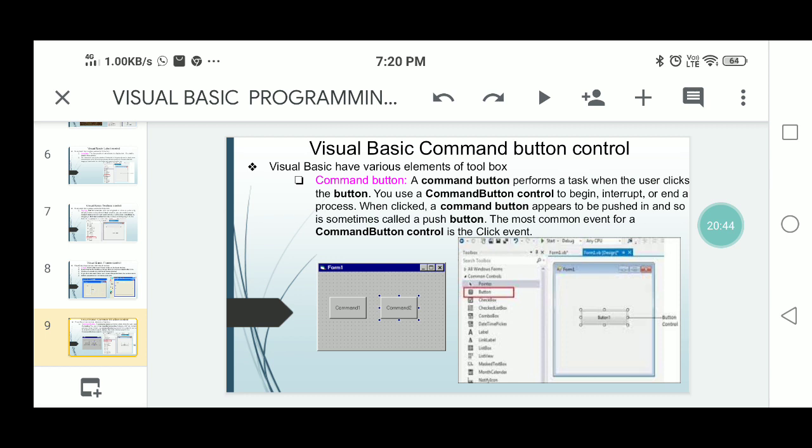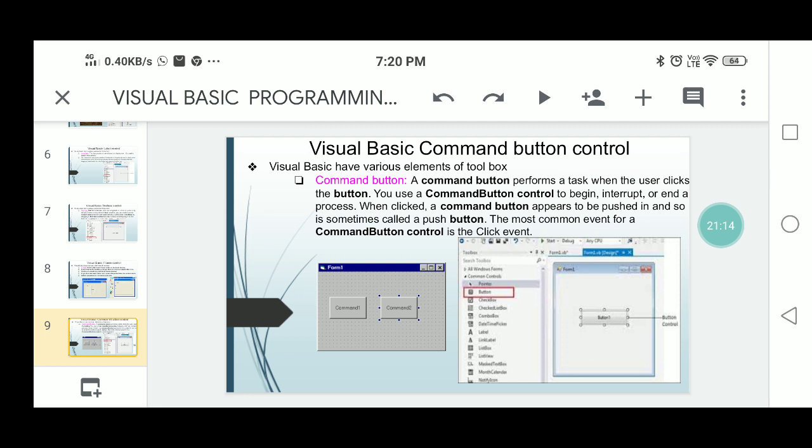Whatever type of event it is, that event fires and runs. That means this is a command button, and it performs a task when the user clicks the button.